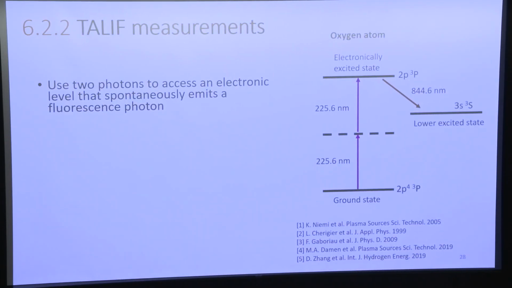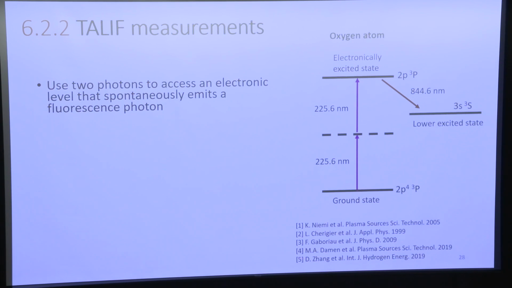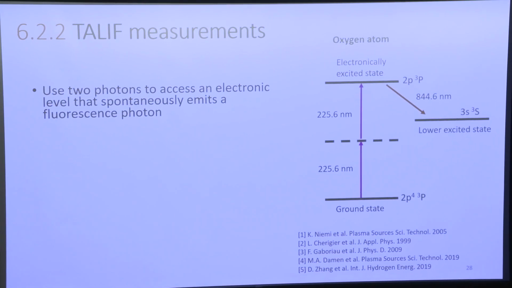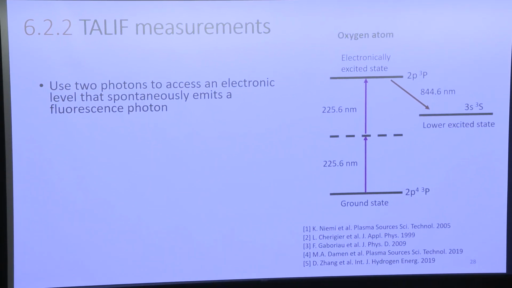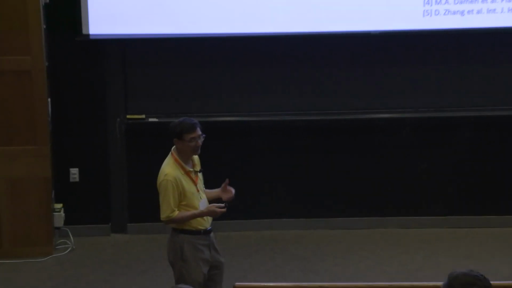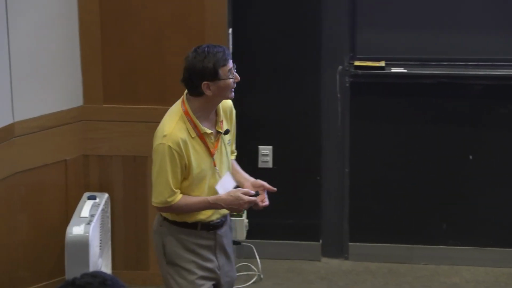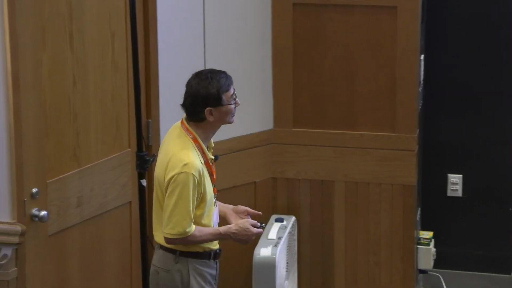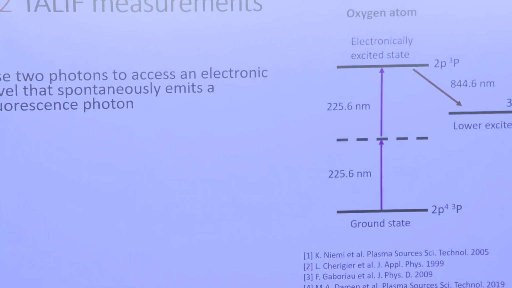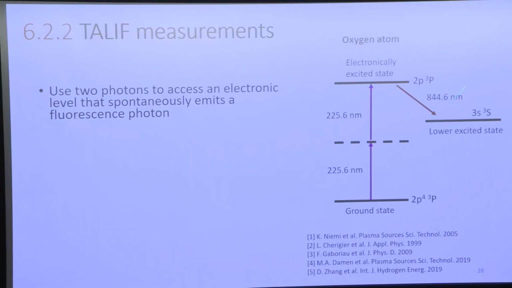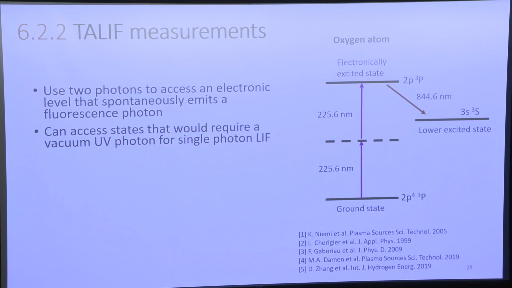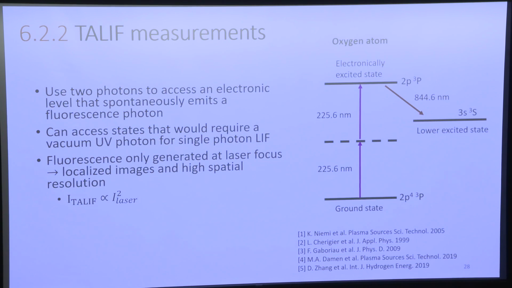The next thing is TALIF. TALIF is very useful for measuring atomic species like oxygen, to see how oxygen atoms affect combustion, and to see how N atoms affect ammonia synthesis. To measure atoms with TALIF, you basically use two photons to excite to an electronically excited state, which then gives you fluorescence, and you can collect the fluorescence and compare it to calibrate with a known